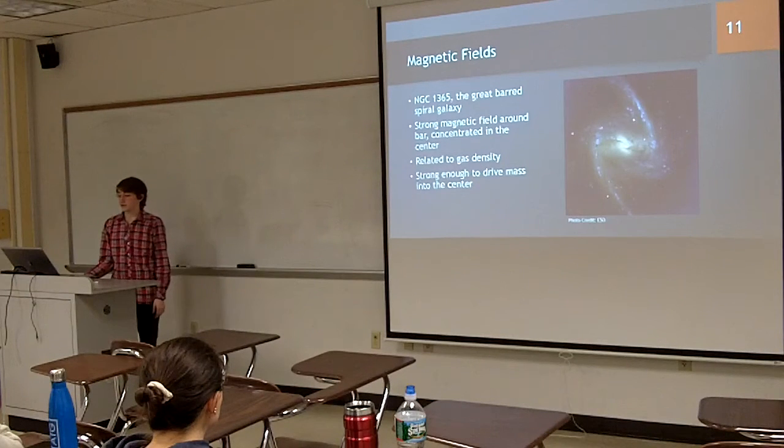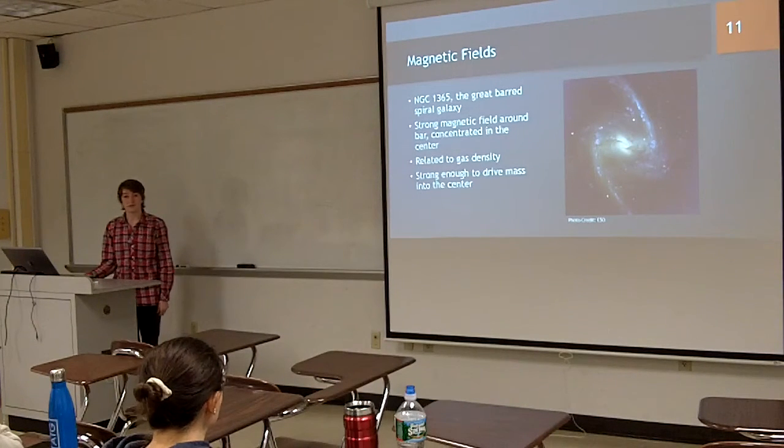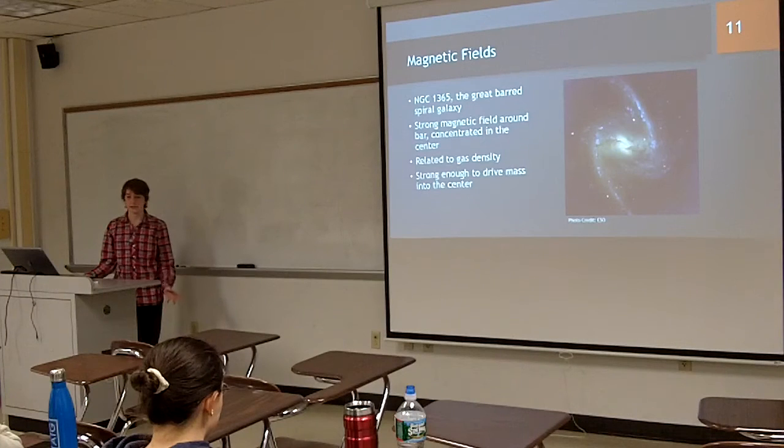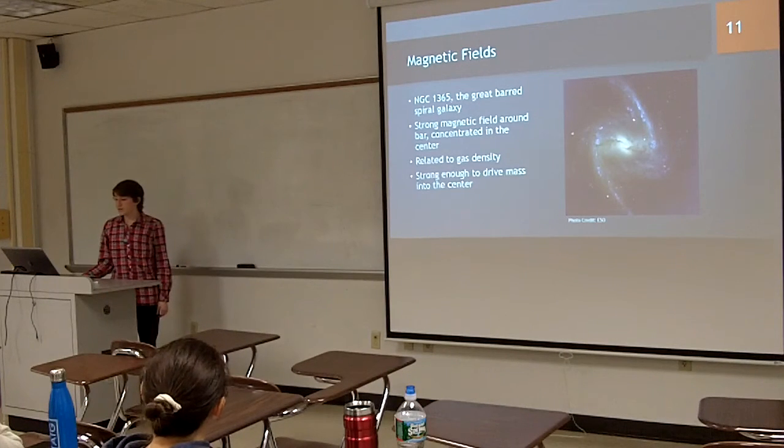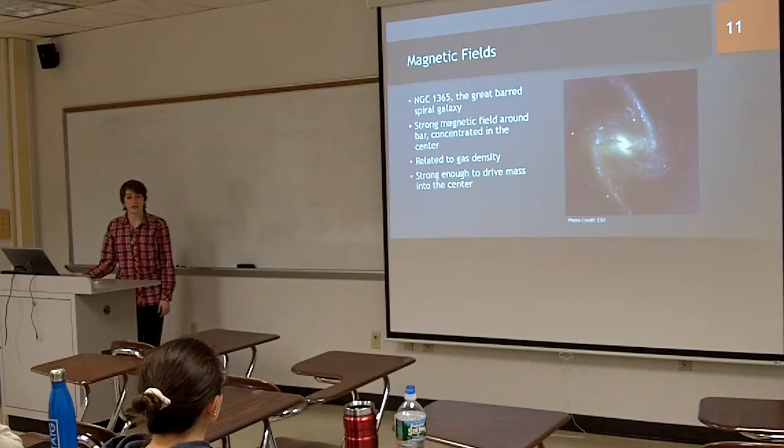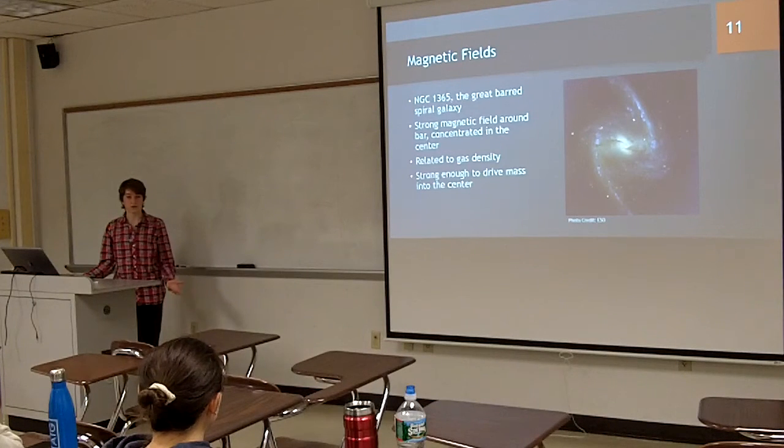And in NGC 1365, there's a strong magnetic field around the bar area, especially in the center, and it gets less intense as you move out into the spiral arm, and it's very little when you're not in an arm at all. It's actually very related to the gas density, so the more gas there is, the stronger the magnetic field. And it's strong enough to drive mass into the center of the galaxy at right around 7 solar masses per